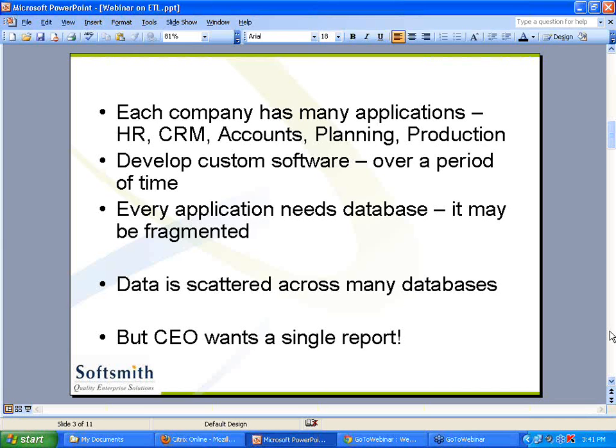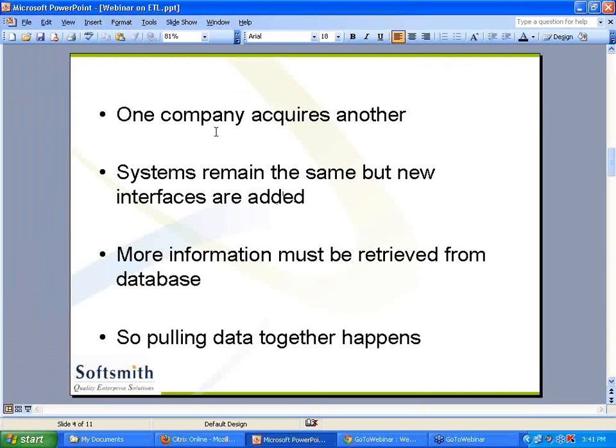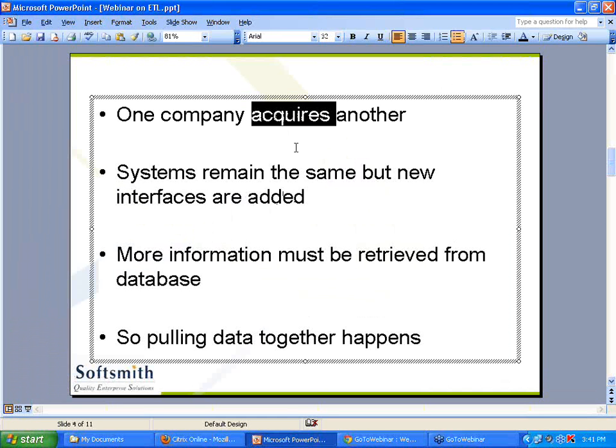I'm moving on to the next slide. There is another place where it can happen. One company acquires another. This is key. You might have noticed, especially from 2009, post-recession, smaller companies acquired by bigger companies. Why? Because they don't want to recruit, they don't want to reinvent the wheel, and smaller companies may not be able to sustain. That's why they are selling themselves. That could happen. When companies are getting acquired,